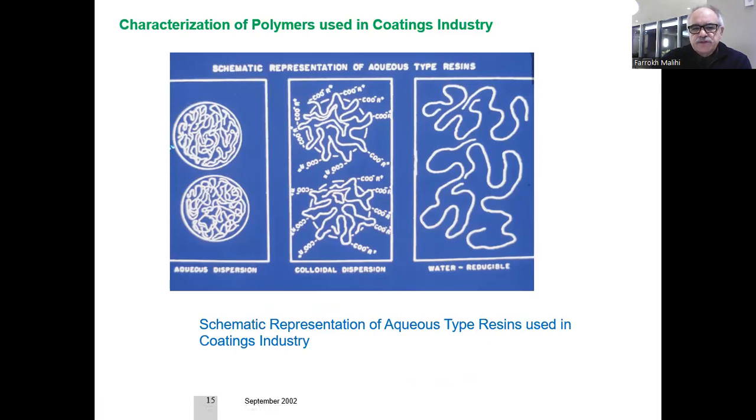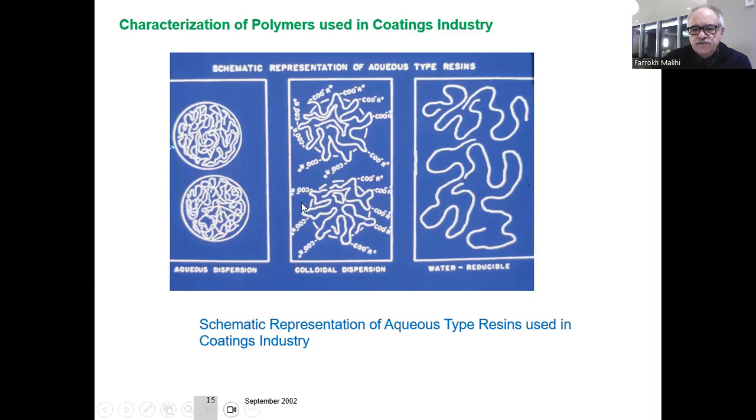We continue with some characterization methodologies that are used in coatings industry. These include molecular weight characterization of resins and latex that are used in different types of architectural and industrial coatings. Also methodology to look at the particle size of these resins and surface charge. These resins in terms of